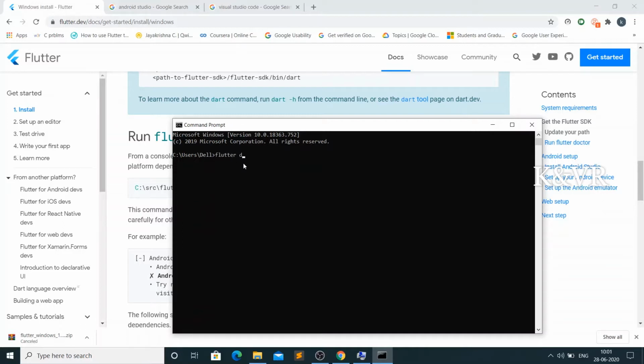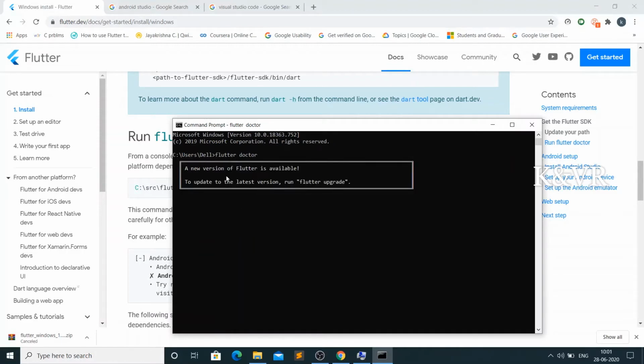Just press enter. It will run. Whenever you are running this, connect the Wi-Fi or mobile data to the laptop. It will collect the data and run the program.